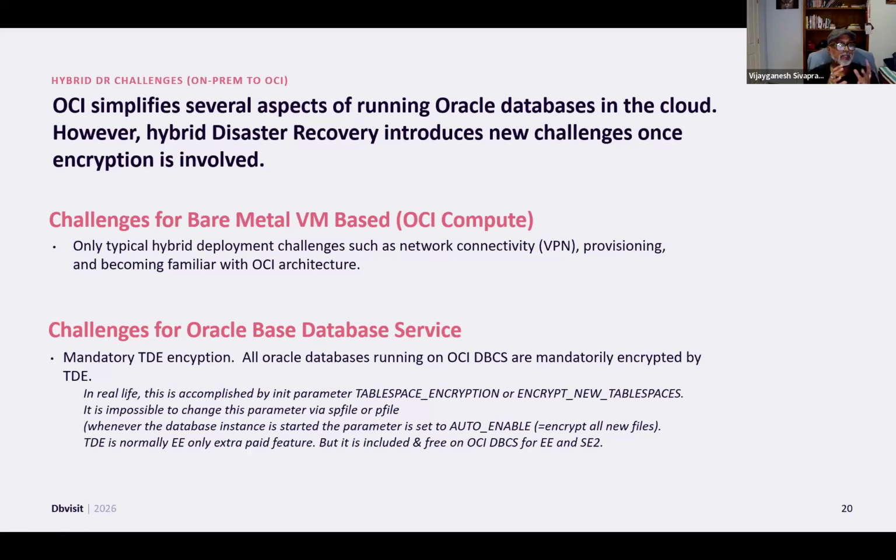So you see, we already saw that there are two aspects, right? One is a bare metal VM, which is OCI compute, another is base database services. So the typical challenges that we face on a bare metal VM are network connectivity, VPN, provisioning, and becoming familiar with OCI architecture. But I think we can safely say now that most of us are familiar with that particular architecture. The main thing is ensuring that your network connectivity is proper, your provisioning has been done correctly, and the bandwidth between your on-premise and your OCI compute is good enough. But with base database service, apart from these network connectivity and provisioning challenges,